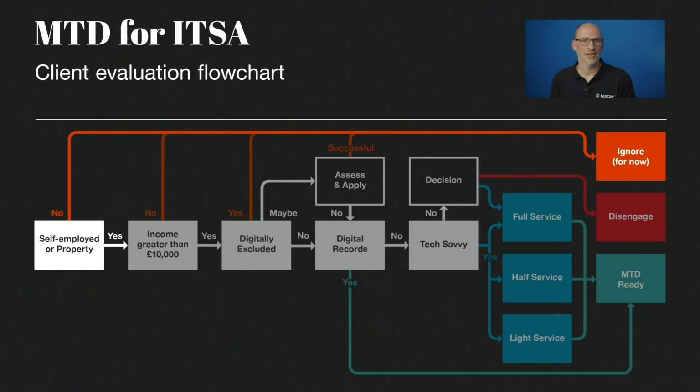Great. Okay, so if we pop the flow chart back up again and take a look at the next segment in that chart, that is where we're asking the question of whether income is greater than £10,000. When we talk about this £10,000 threshold, we're talking about combined revenue, so that's your gross turnover from all sources that are relevant for MTD for ITSA. That is self-employment income, and any kind of property income, so UK property, furnished holiday lettings, foreign property, and a couple of others that I know Z has got some opinions on that may get overlooked by a lot of people.